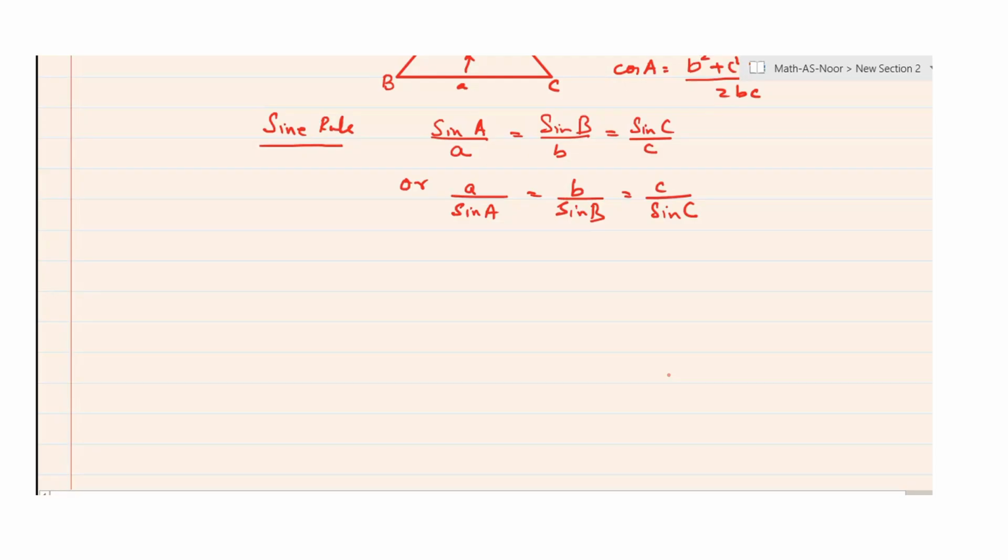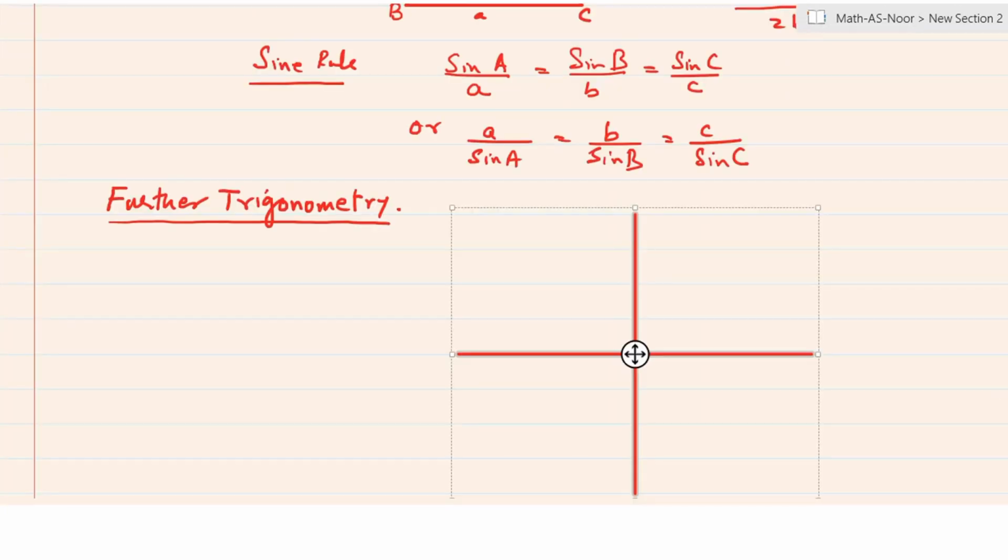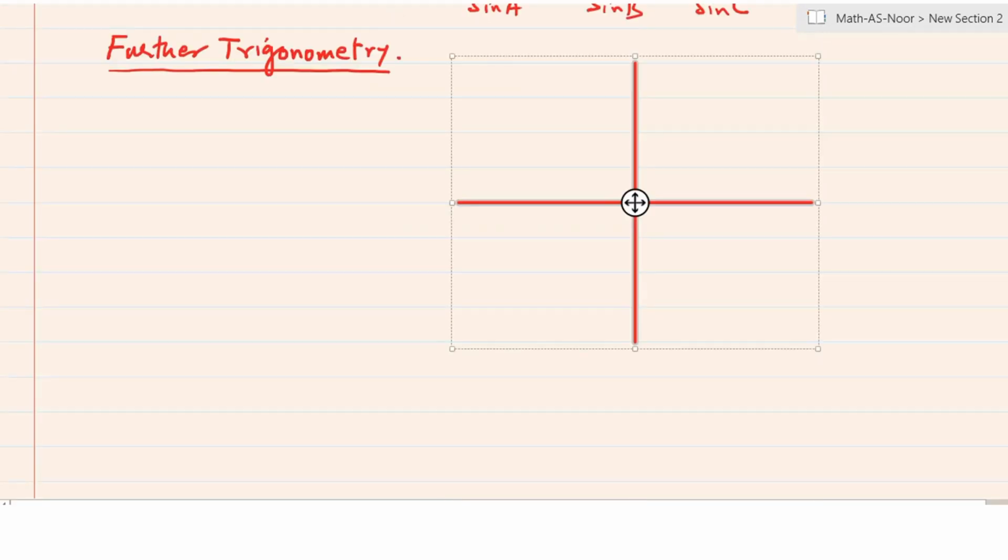Further trigonometry. Let's have a basic of further trigonometry. We plot a coordinate axis, and we plot this coordinate axis just to show that the part which lies between the x and